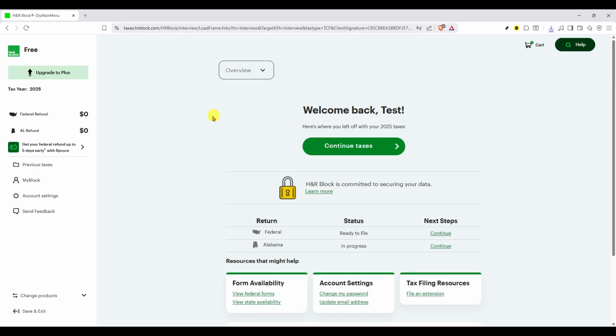In today's video, I'm going to teach you how to add SSA 1099 on H&R Block. If you received Social Security benefits, you'll report them with the SSA 1099, and adding it correctly ensures your return calculates taxable benefits the right way. Before we begin, have your SSA 1099 for the current tax year handy so you can reference the exact amounts